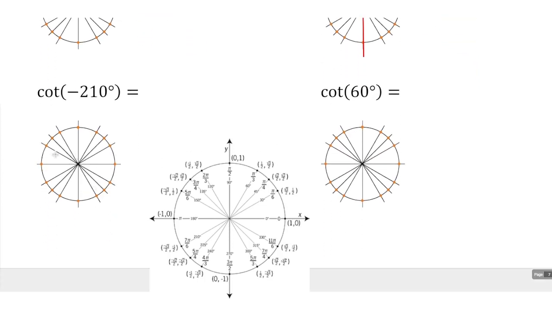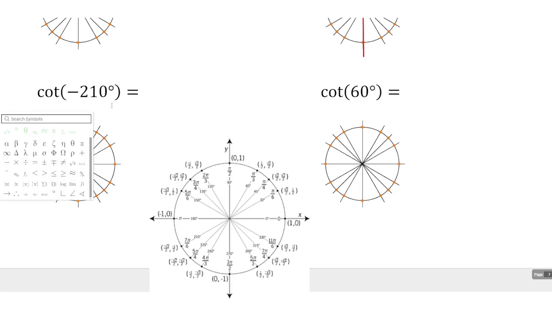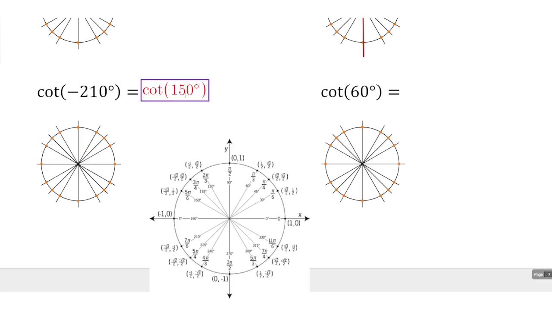Cotangent of negative 210 degrees. So negative 210 degrees is going to be coterminal to the angle measure we get when we add 360, when we do one full positive revolution. Negative 210 plus 360 is 150. So we can say that this expression is equal to cotangent of positive 150 degrees. 150 degrees and negative 210 are coterminal. So this 150 degree angle measure,